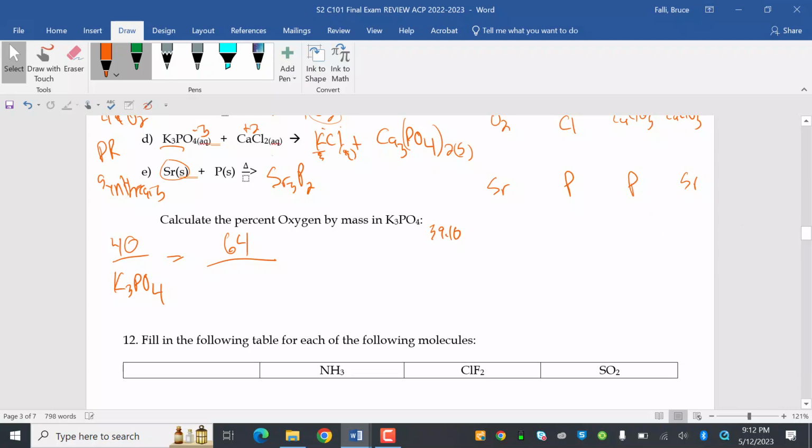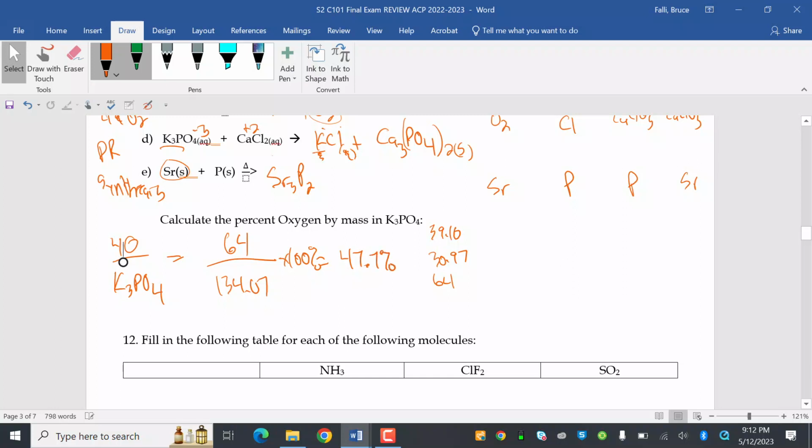Phosphorus is 30.97. And then plus 64 again. So 64 plus 30.97 plus 39.10 is 134.07 times 100. 64 divided by the second answer is